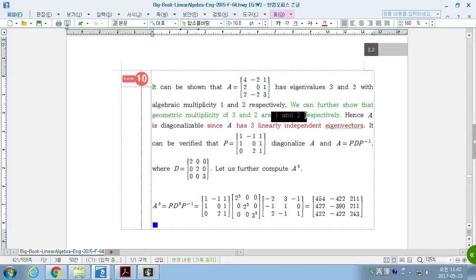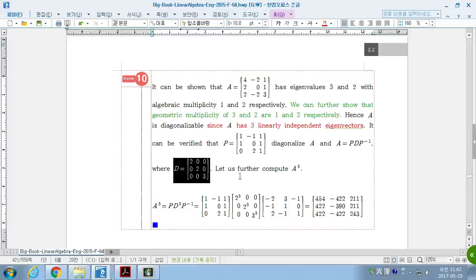So, we have what? We have 3 as the sum of the geometric multiplicities of these two eigenvalues, which is the same as the sum of the algebraic multiplicities of the eigenvalues, lambda 1 and lambda 2, which means we have three linearly independent eigenvectors. So if we form a matrix P whose column vectors are those linearly independent eigenvectors, then P inverse AP should be a diagonal matrix whose diagonal entries are the eigenvalues.